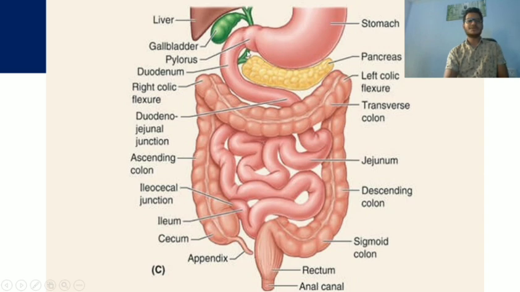And they together form the common bile duct, which unites with the pancreatic duct to form the hepatopancreatic duct. So this hepatopancreatic duct opens to the duodenum, to a part of the duodenum which we call the ampulla of Vater. This hepatopancreatic duct plays an important role in digestion because it carries the bile from the liver and